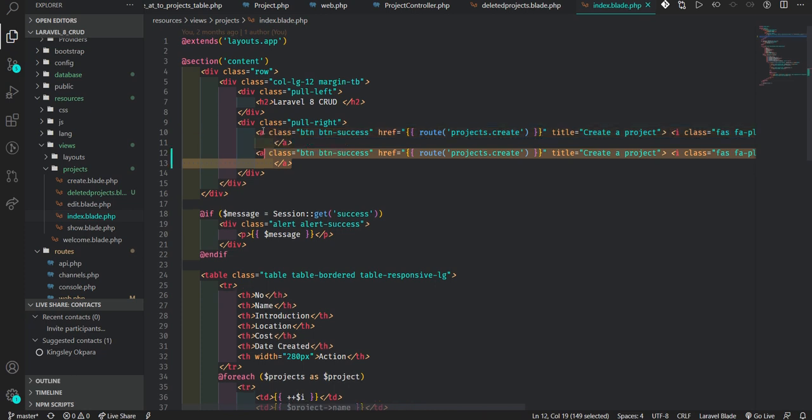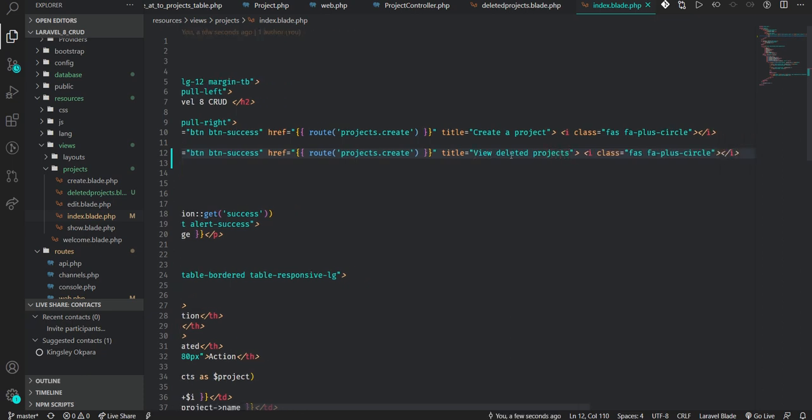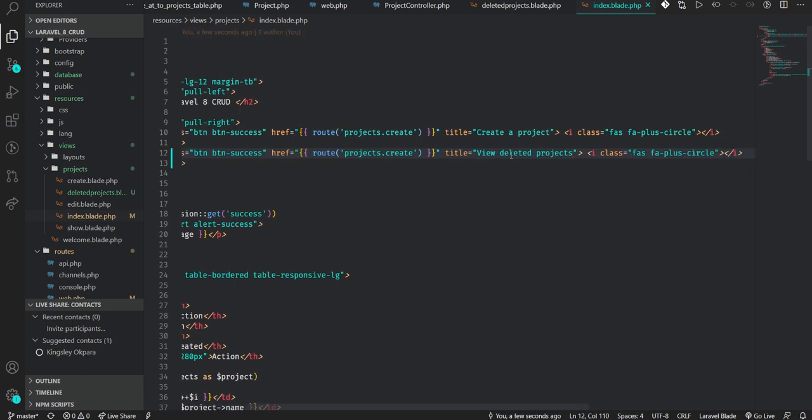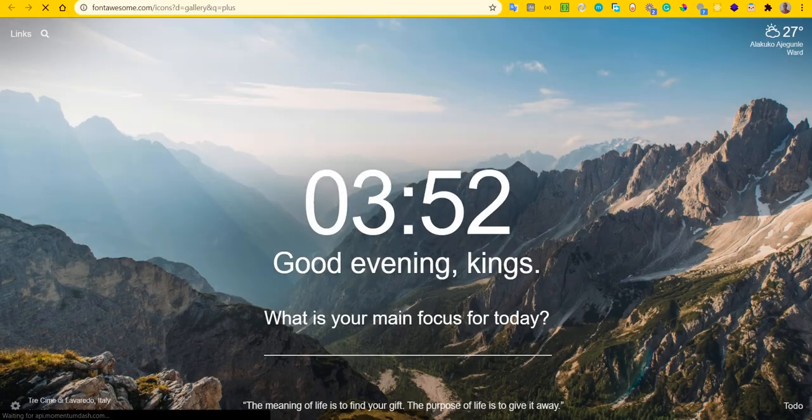Now by the time we add the button here, I can call this view deleted projects. Now which Font Awesome icon am I going to use? This is circle. So we are going to use recycle. Let's go to Font Awesome.